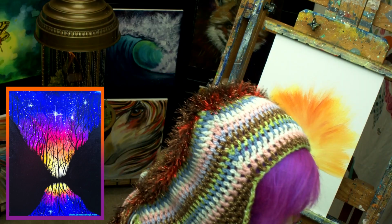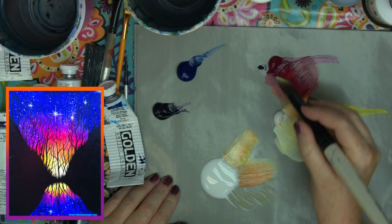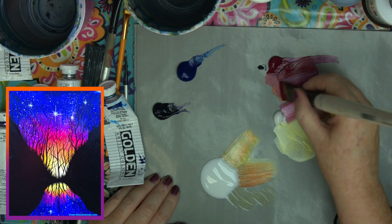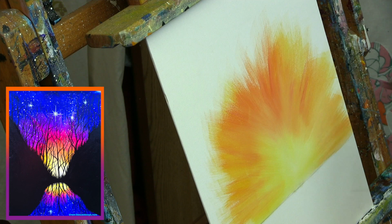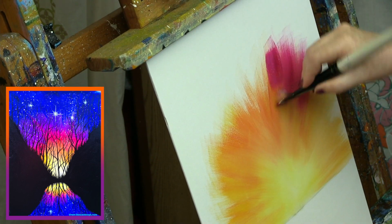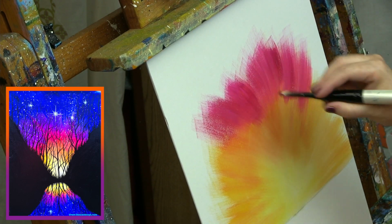Hopefully that was a surprise for you as you saw it happen. I'm going to pull out quite a lot more Quin Magenta here and really load my brush. Look how my brush is really loaded. But I'm going to tint it with some white, just a small amount, and pull out some of my glazing so I have a good blend. And make sure that I have a nice quinacridone band that will be buffering the orange